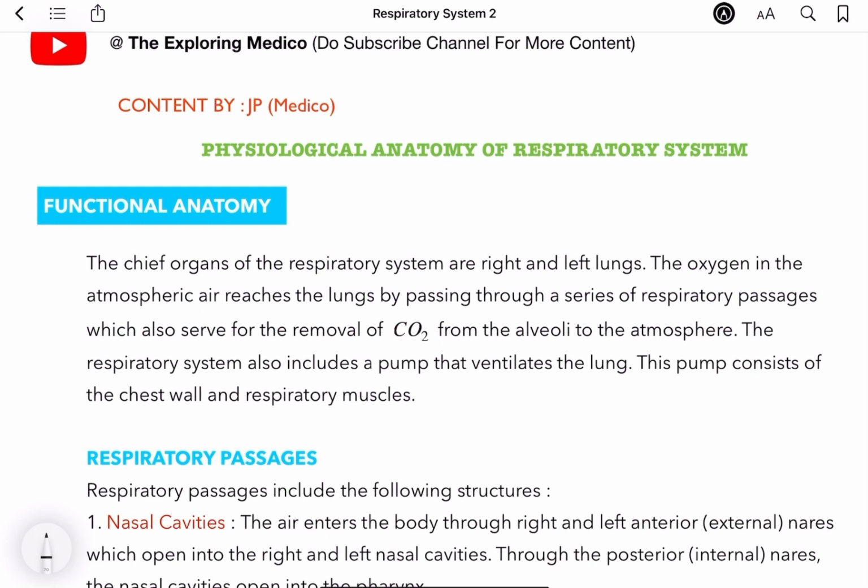Today we are going to start an important system in physiology, that is the respiratory system. Many students generally have doubts in the respiratory system. So if any student has doubts, please watch this video. If any student is preparing for competitive exams, then you can also watch this video if you have any